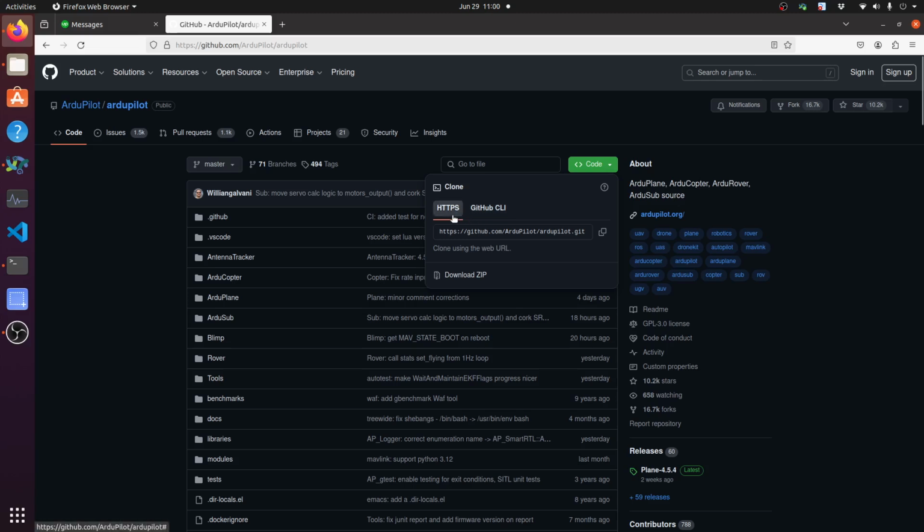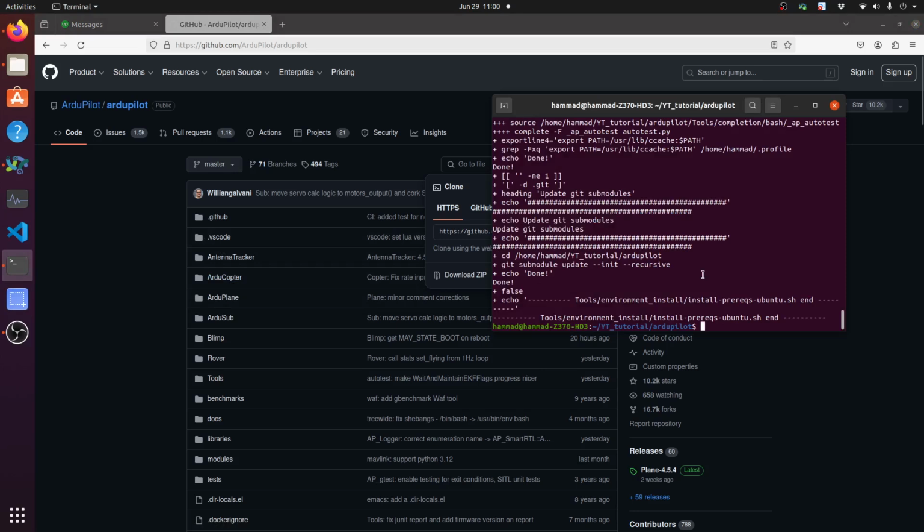Sometimes the HTTPS URL blocks in between the cloning process. In that case you can use the SSH link. The process is the same, you just need to replace the URL with the SSH URL you will see here, right? And if you face an issue, that depends upon your SSH cloning process, and you can watch any basic tutorial on how to clone with GitHub SSH, right? Because for the autopilot, HTTPS makes some issues sometimes.